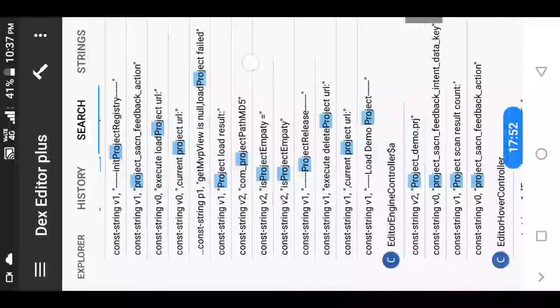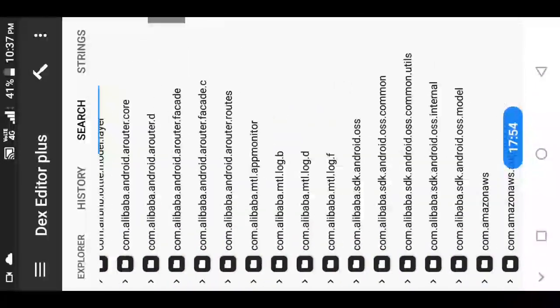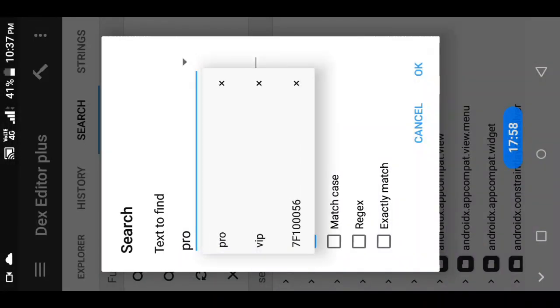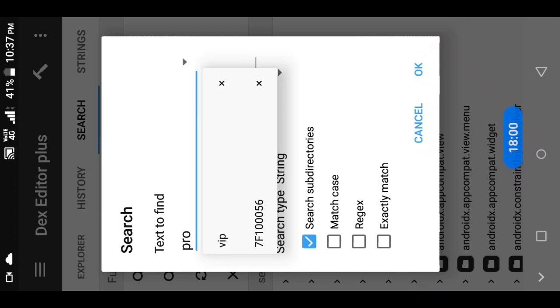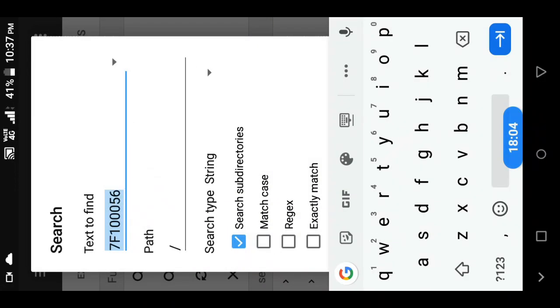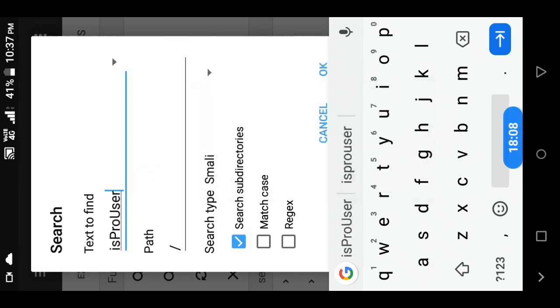I think let's search for is pro user. Let's try. Sorry. Now we have changed it to small e.